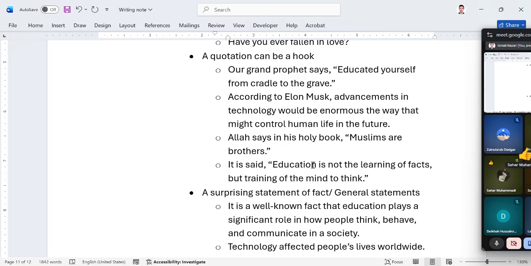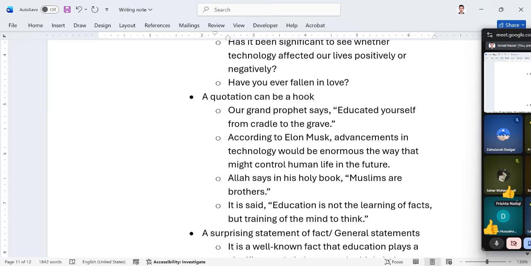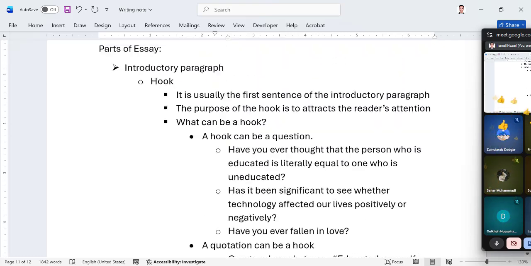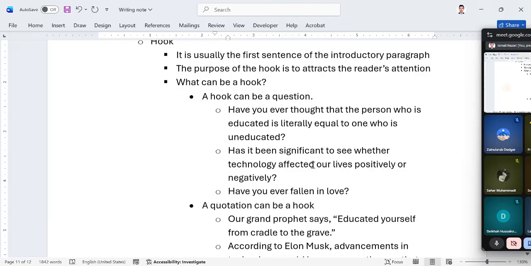It is considered a quotation, but intentionally the writer doesn't want to say. Still, it is a quotation. It is someone else's words. We have used that as a hook, but we want to go ahead directly or indirectly if the person who said it is clear. So, any other question?